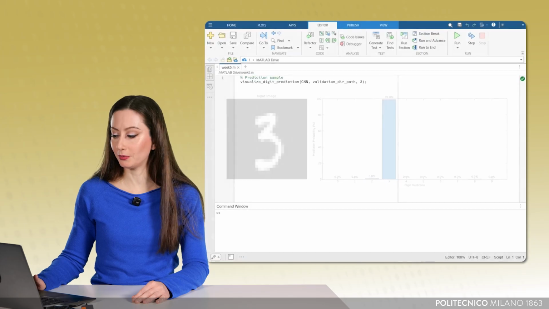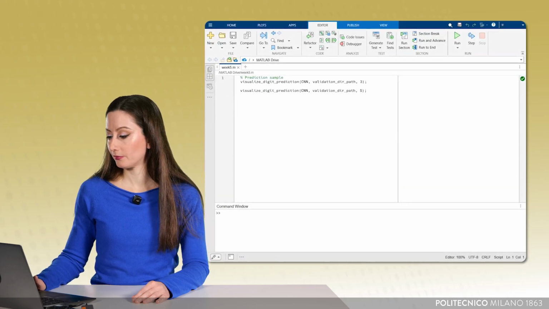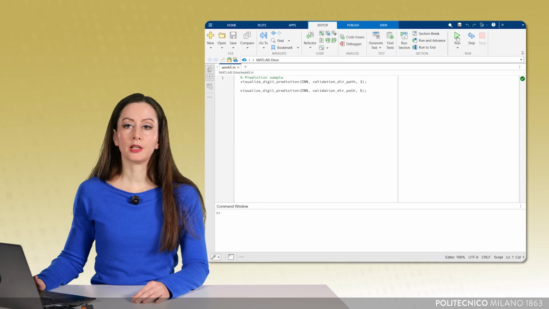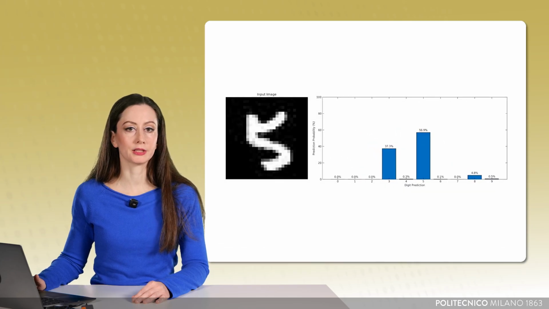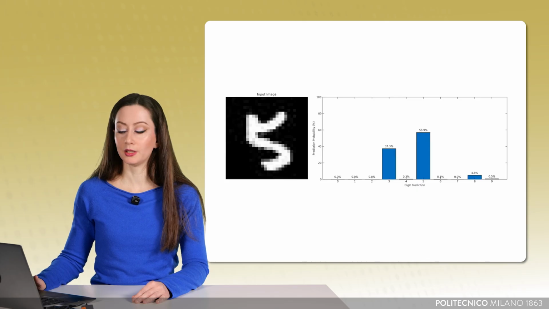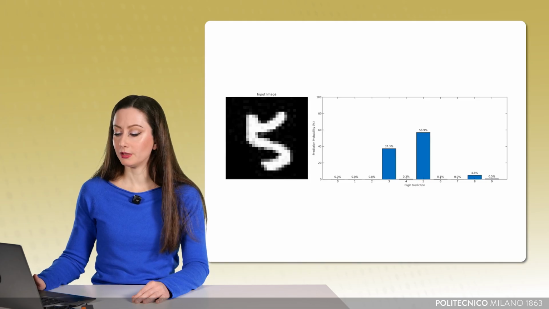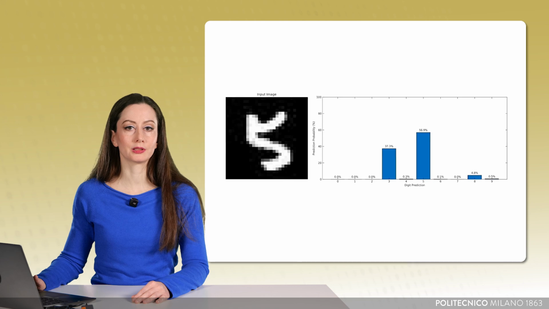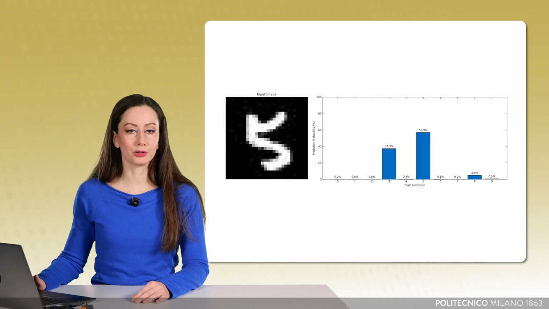So let's try with another image, this time of the digit 5. For this other validation example, the model correctly classifies the image as a 5, but only with a confidence of about 57%. But interestingly, it also assigns a 37% probability to the digit 3, indicating that there is some uncertainty or confusion between the two classes. And in this case, as a human, I would be confused too.